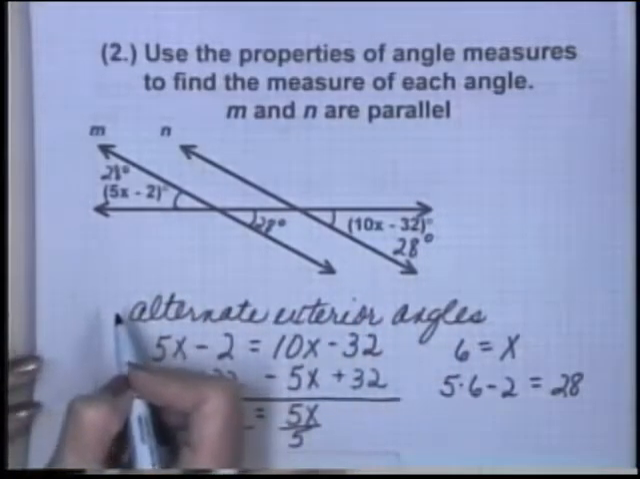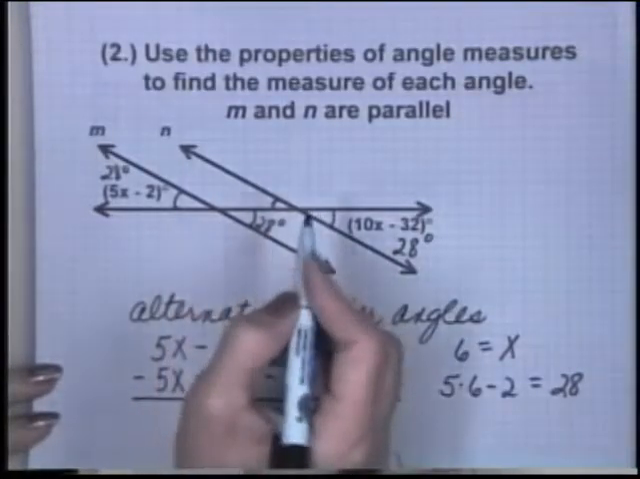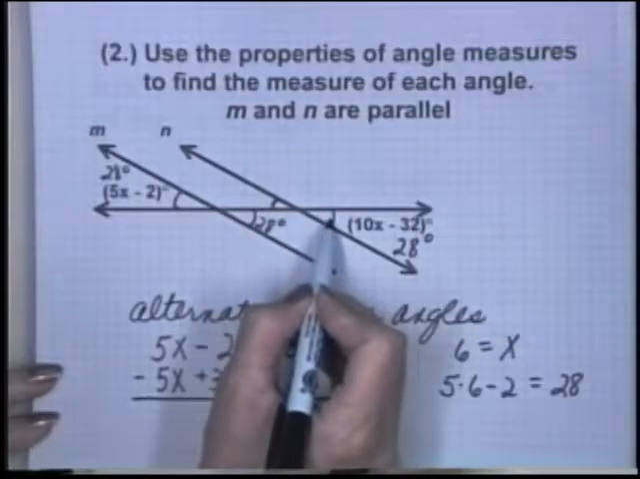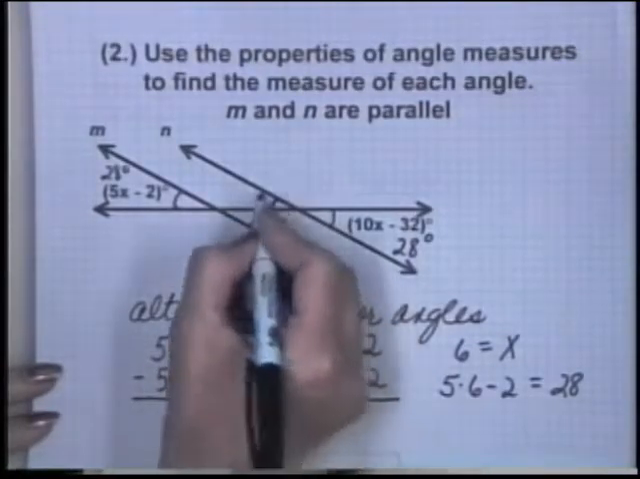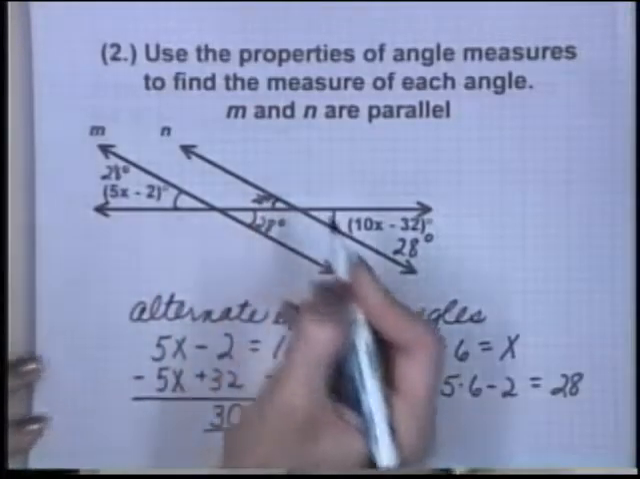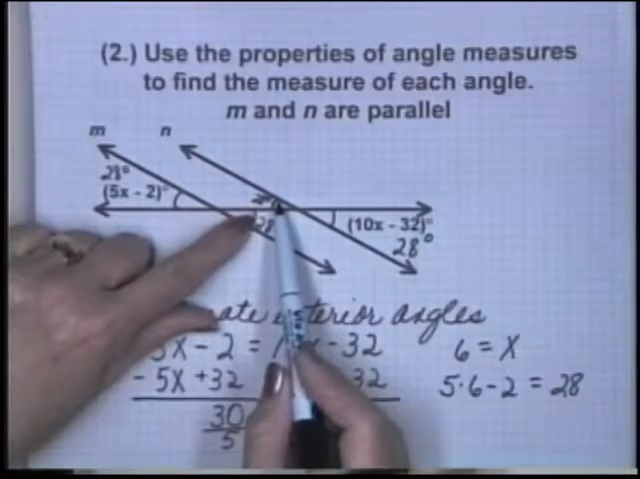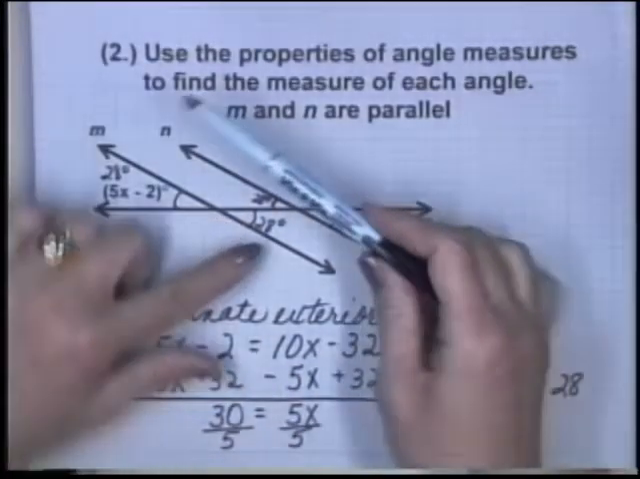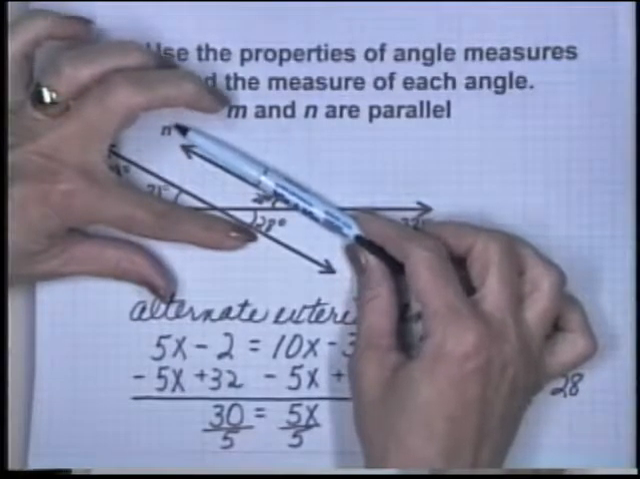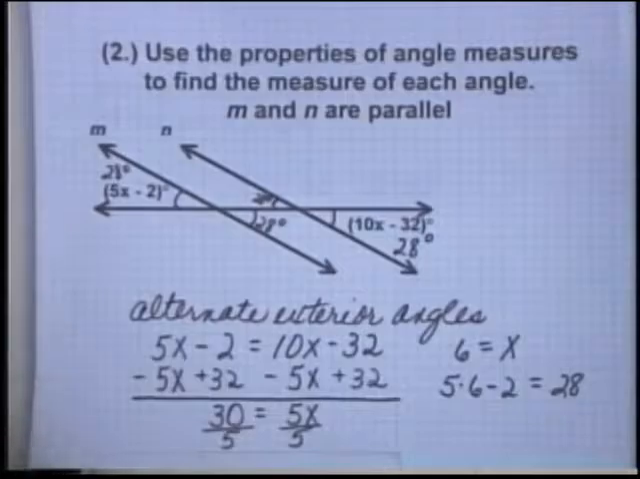It's 28 degrees also, isn't it? And do you see that this angle is vertical to this angle? So if this angle is 28 degrees, this angle will also be 28 degrees. And notice these two angles. They are on opposite sides of this transversal. They are both inside those parallel lines, so they would be alternate interior, and by alternate interior angles, we know